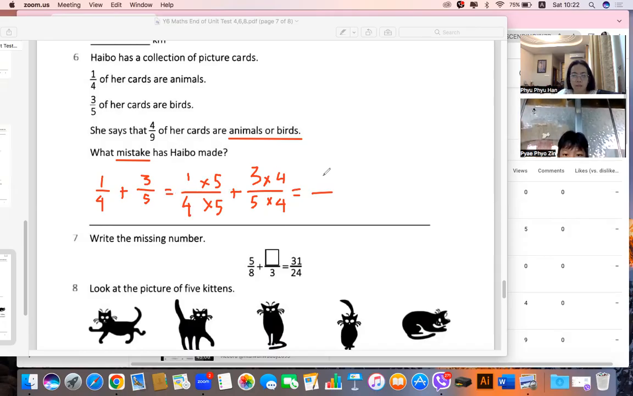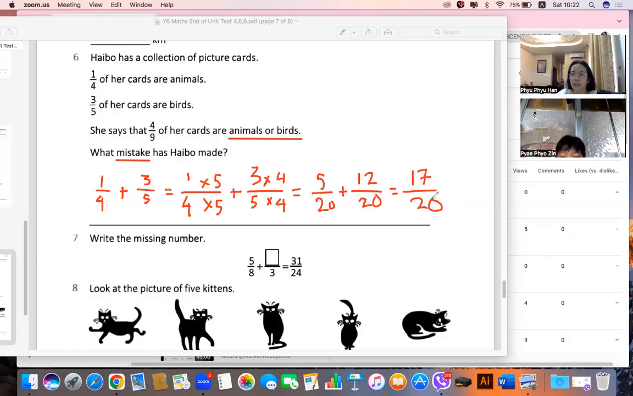Now this one is 5, right? 5 by 20 and 12 by 20. So what do you get? 12 plus 5, what do you get? 17, right? 12 plus 5 is 17 by 20. But it says that it's equivalent to